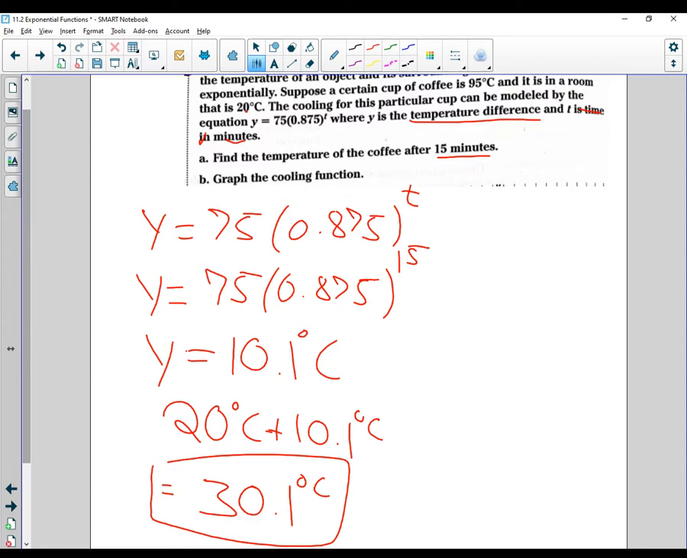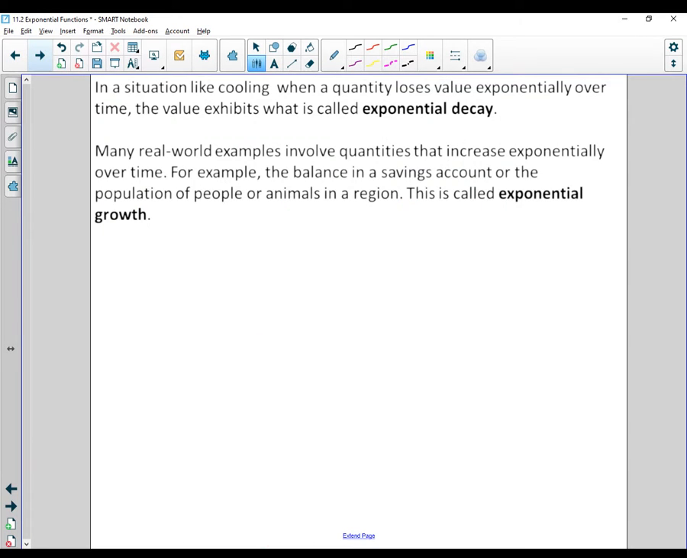Yeah, but like I said, when I did it in differential equations with the much more complicated equation, we were finding how long a dead body had been out. When a body dies, it stops producing heat. You can find out how long the body's been dead compared to how cold it is or what the temperature is outside. I'm sure there are other uses besides dead bodies. In a situation like cooling, when a quantity loses value exponentially over time,